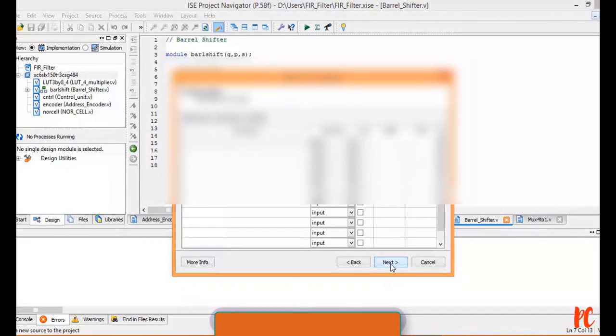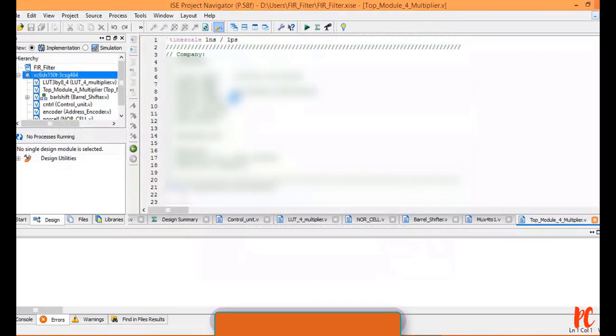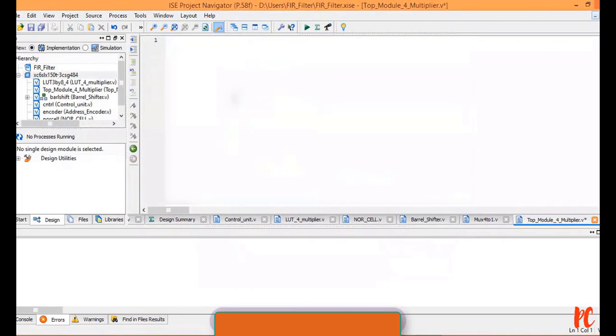Next. As usual, let me delete it and write it manually. This is the top module for a multiplier of 4, where the output must act as a multiplication of 4 values.